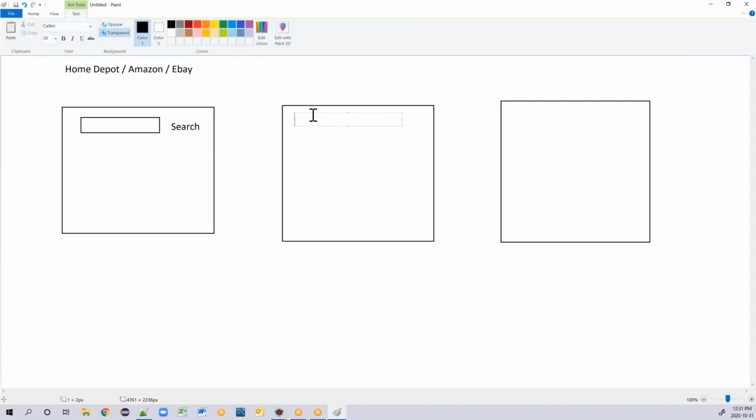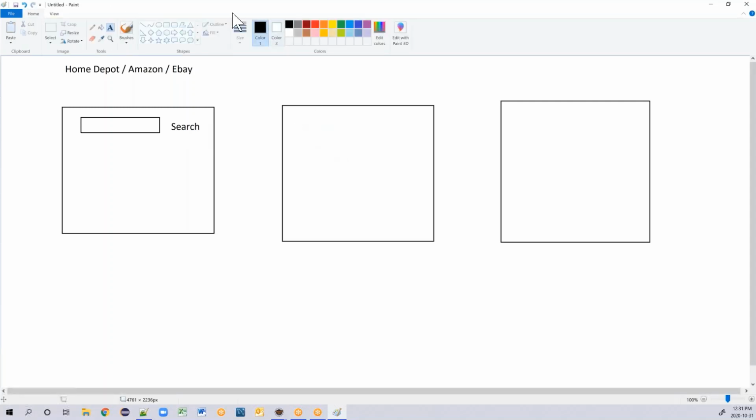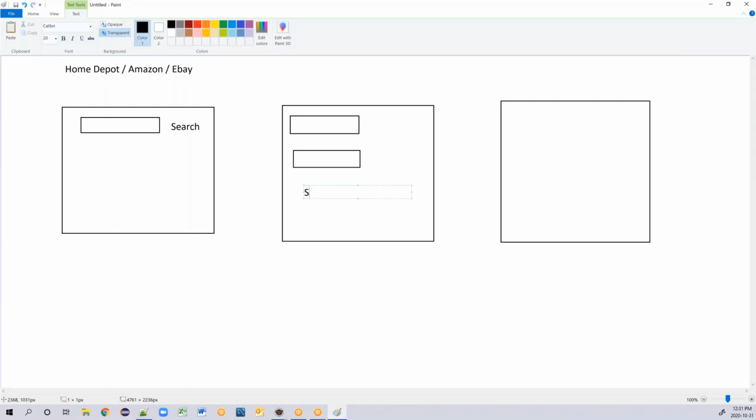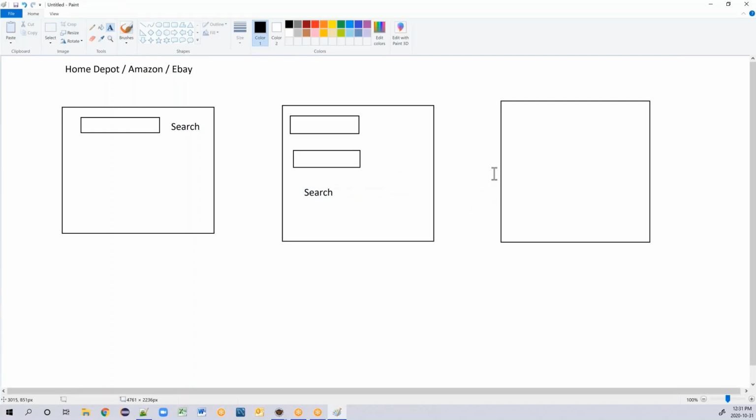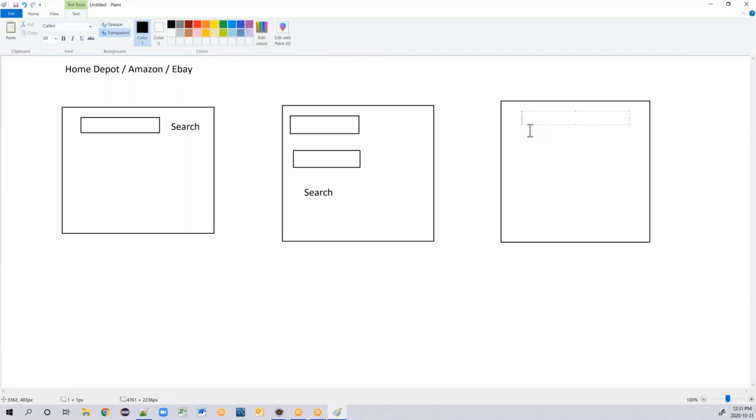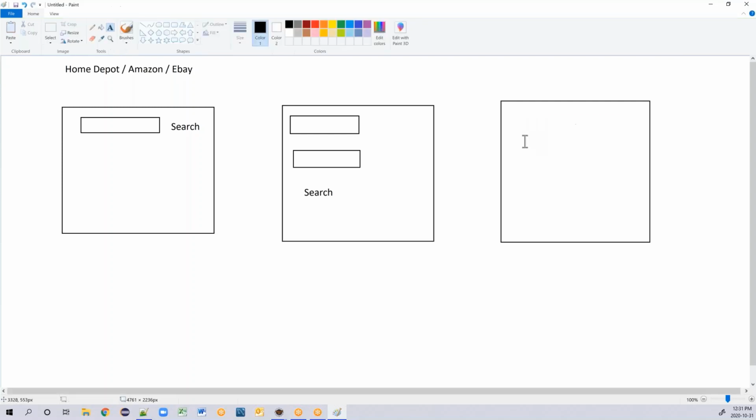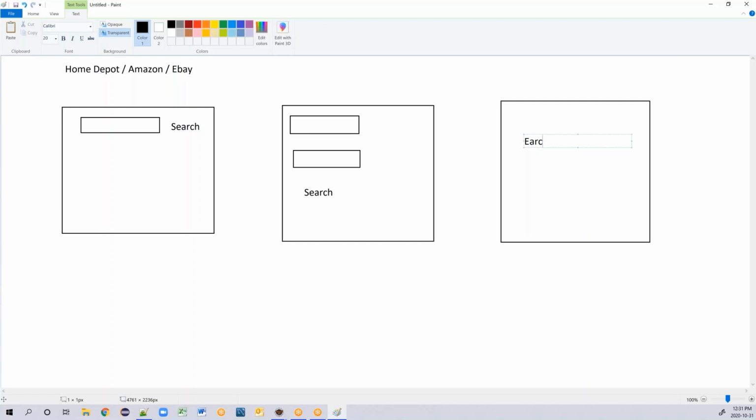Now the next combination is there are two fields. This is one field and this is another field. You can enter both the values and click on search button. In the third combination you have only one field, you can enter some value in that field and click on search button.